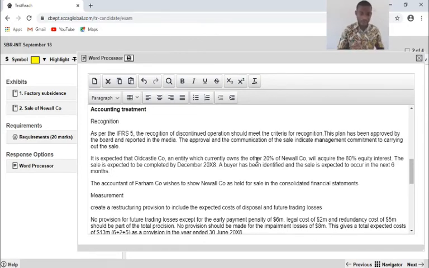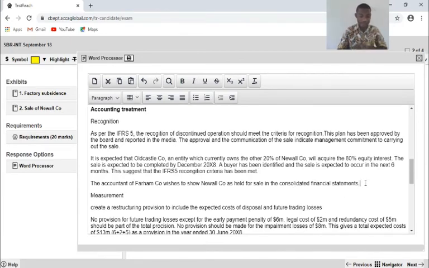Now, what I will type to add to it, this suggests that the IFRS 5 recognition criteria has been met. And look at it, the accountant of Farham wishes to show Newell as held for sale in the consolidated financial statement.